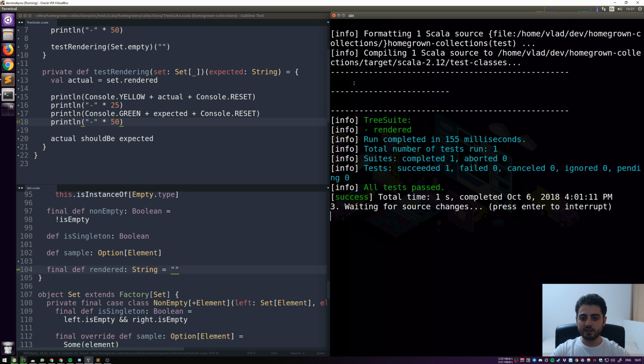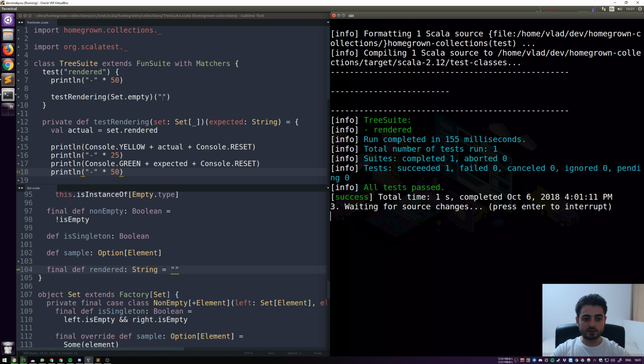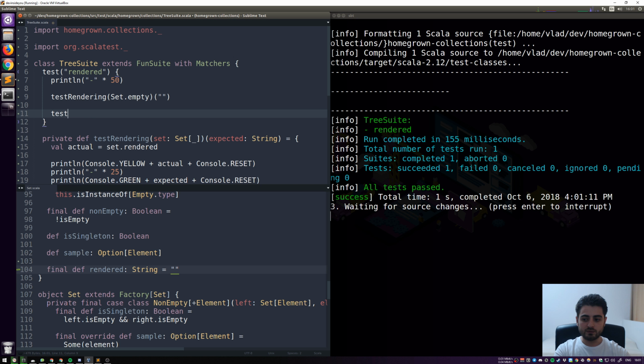And it looks like this. So we expected the empty one, right? I'm sorry, this is the actual one. So the first one is the actual. We wanted it to be empty, and it was empty. Okay, so let's just keep writing our tests. Over here we have test rendering for set empty. Let's add another one. Let's go for test rendering